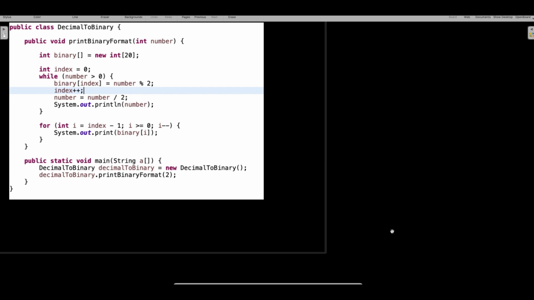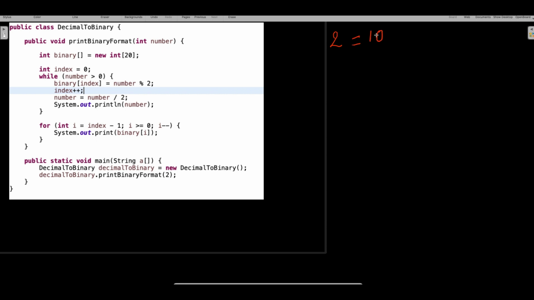You just know the Java concepts, the for loop, the while loop. Apart from that, you don't know anything, but still you want to clear the interview, right? So how do you convert any decimal to a binary number? Try to remember your concept first. So guys, tell me one thing. If I have to convert a decimal number 2 into a binary number, in general, what we write here, 2 will become 1 0, right?